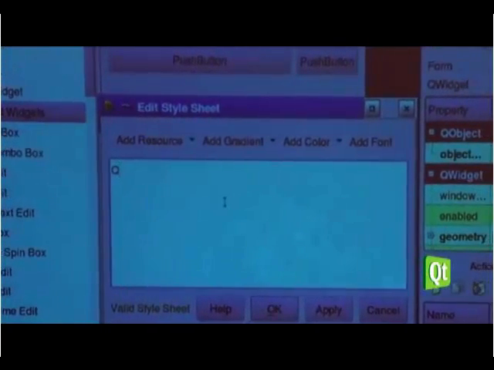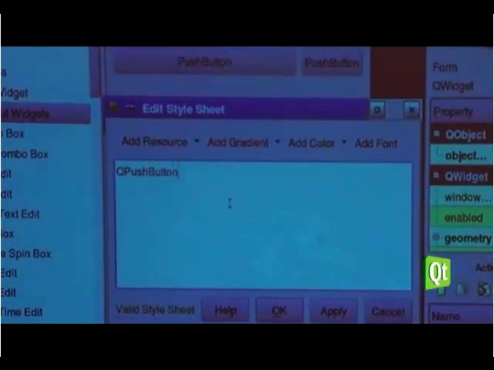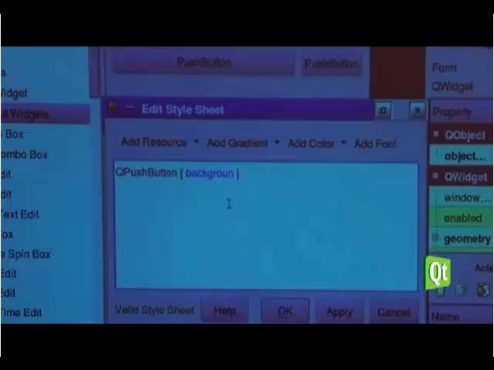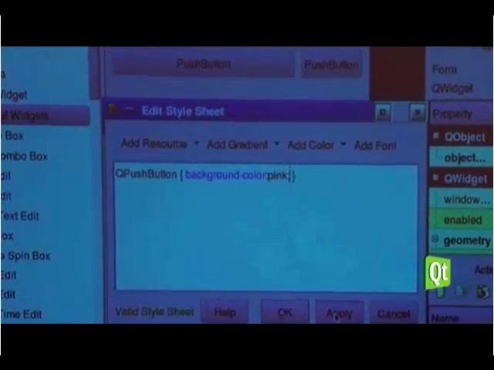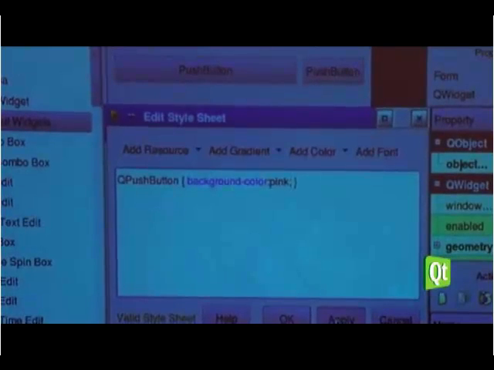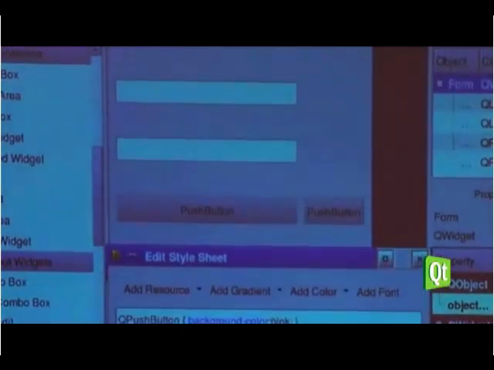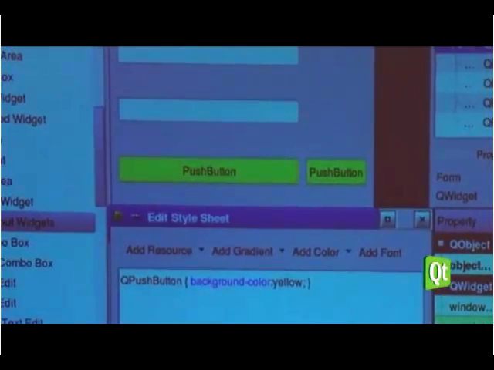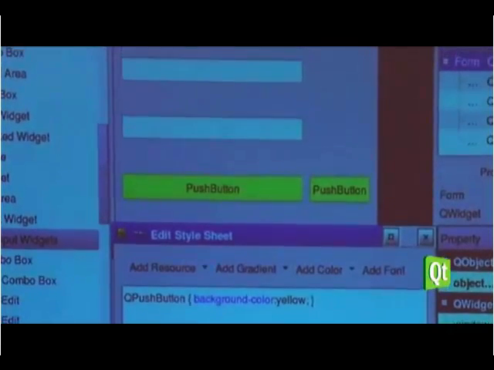And then let's say I want to change the color of the push button. So background color pink. I should have a pink push button. Here it is. Or maybe if you want yellow. Can you see it? So that's great,